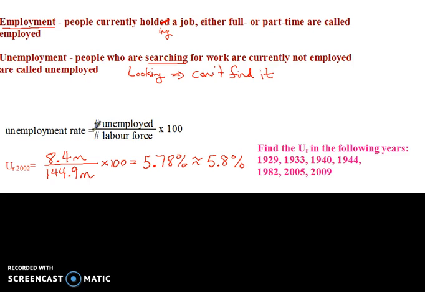On this podcast, we're going to continue talking about unemployment and the unemployment rate. On the last podcast, we highlighted this idea of the labor force, and we said the labor force was made up of all the people that were looking for work. Some of those people found work, and they were called employed, and some of them did not find work, and they were called unemployed. Then we took the unemployed people and divided it by the total labor force, all the people that were looking for work, and that gave us the unemployment rate.